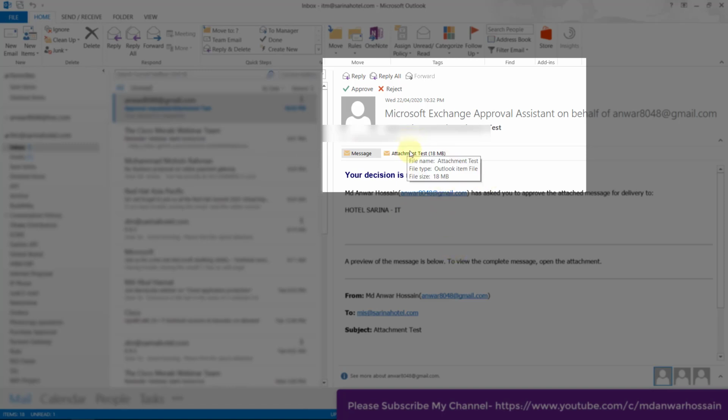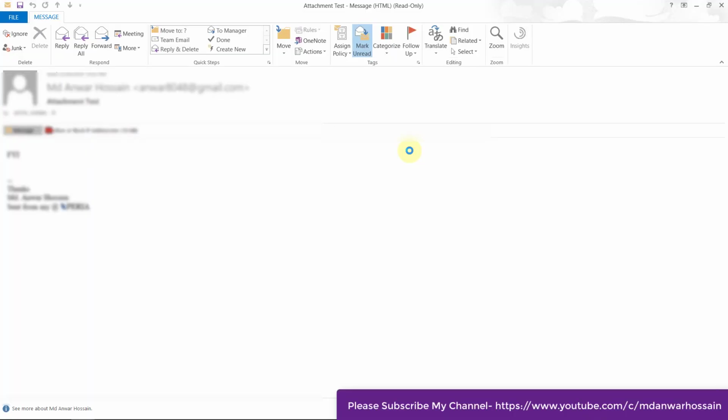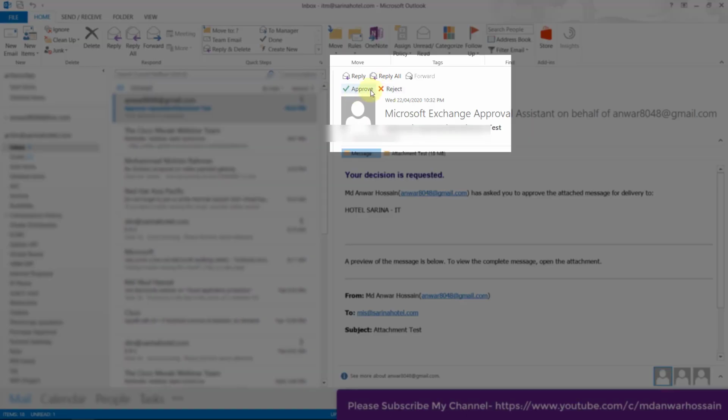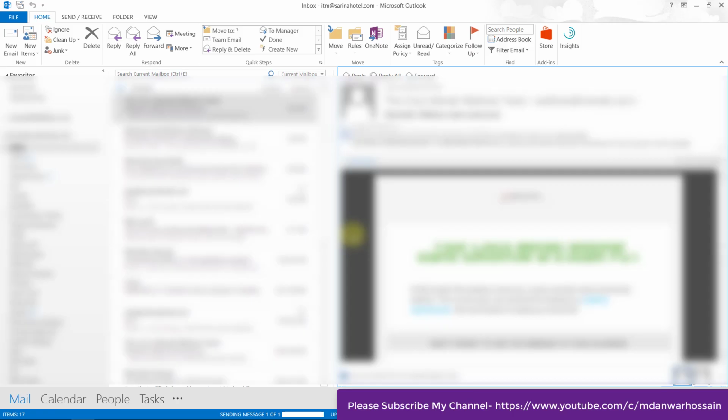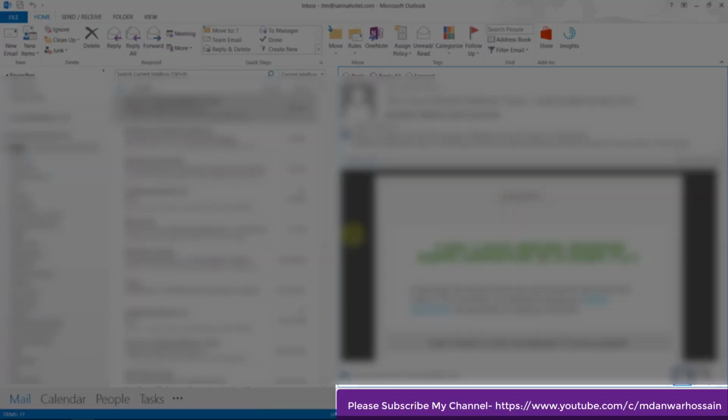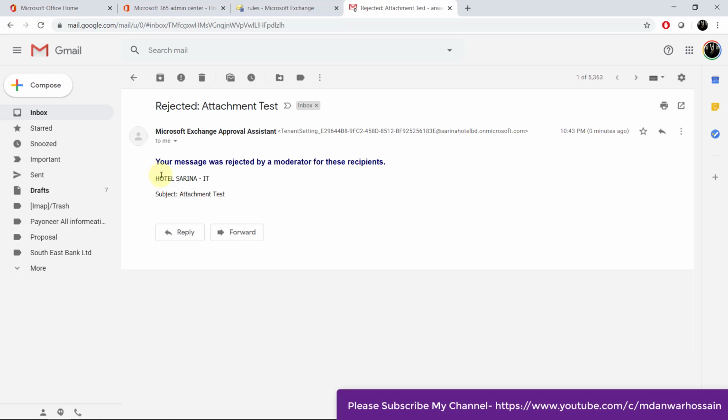You can see the mail like that. If really needed, you can see the mail. You can take the confirmation from the user or whatever. If you feel that no, this is not an important mail, straight away reject, send now. Then this mail will be straight away rejected from the mail server. After doing the reject, what happens on the sender side? He will get one notification that the mail was rejected.